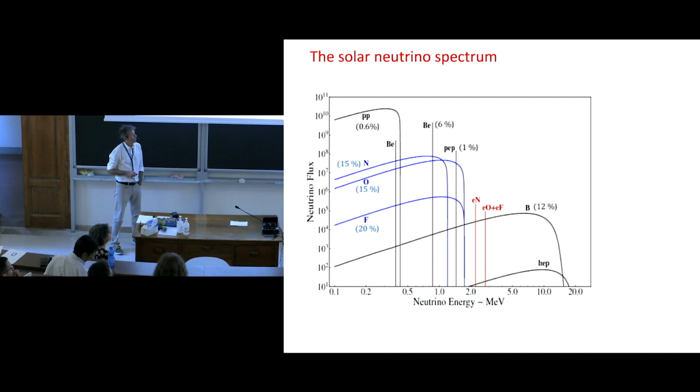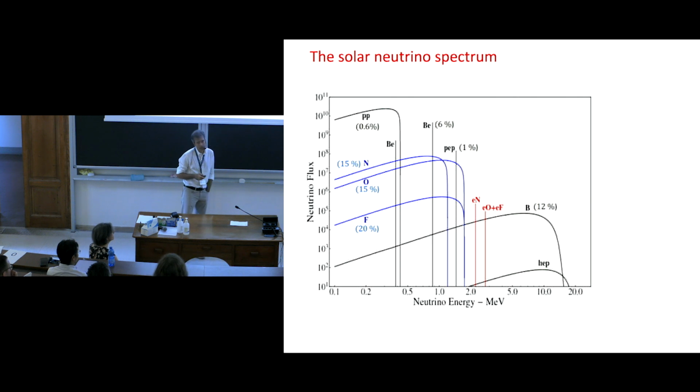These are the different components. This is the theoretical error in the prediction. The black lines are the components of the solar neutrino flux produced in the PP chain, while the blue and the red ones are instead produced in the CNO cycle. With respect to the standard plot, I added here two red lines, which are usually neglected, which correspond to the neutrinos produced by electron capture reactions within the CNO cycle, which can be interesting even if they are beyond the